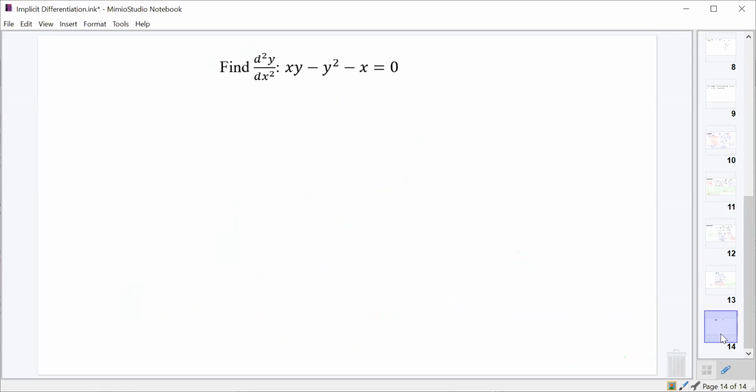All right, let's do another one of these, and then that'll be good on these for today, and we'll move into something else. This one will have multiple dy dx's within the second. So how do we take the derivative of xy with respect to x? What rule do we need to use? Product rule. Good. So that ought to become x times the derivative of y plus y times the derivative of x, and then minus 2y dy dx, and then minus 1. And the derivative of 0 is